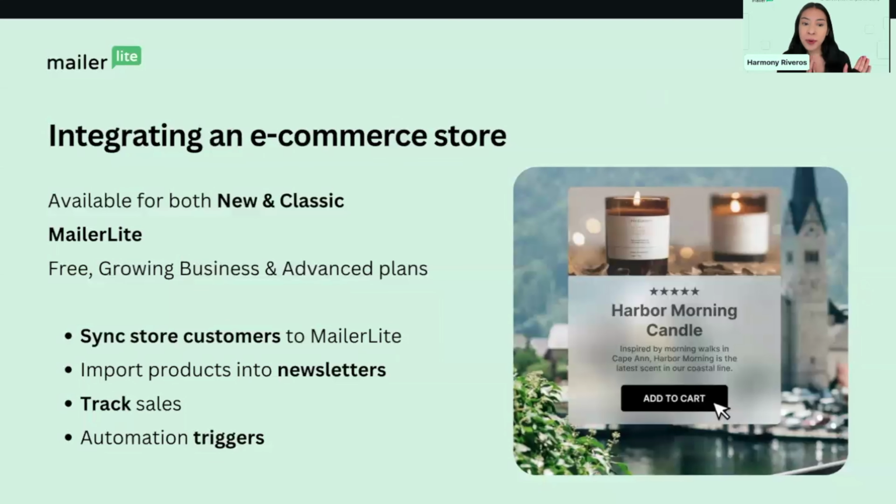You can also import your products into newsletters. So all of the products you have on your online store, if they're digital, physical, you can then import them into your newsletters so that when you send out your newsletters, your subscribers can actually purchase directly from the email itself. So they can purchase, be directed to your store, and then that leads into the next point, which is